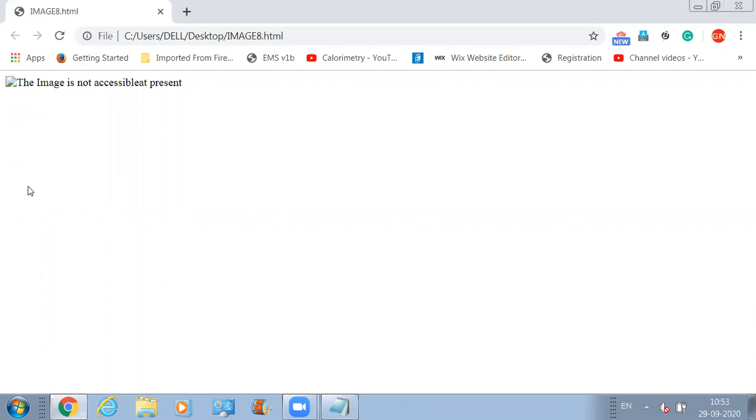Yes, who's this? Yes, please go ahead, dear. What are you saying? We can move the picture left and right with float. That is right, dear. Sir, then what about up and down? See, for that we have a property called vertical align. I will tell you that when I will be discussing CSS, when I will use CSS properties in my HTML document.